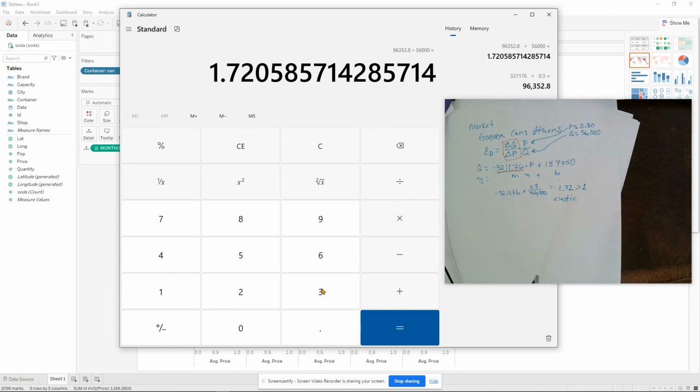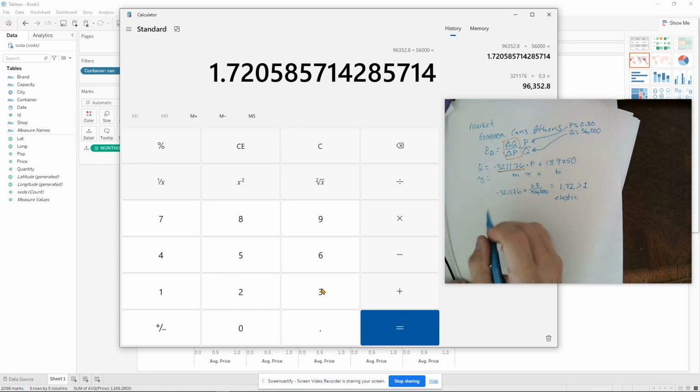Okay, so a follow-up question could be, as a manager, if you're optimizing revenue, should you increase or decrease your prices? Hopefully you know this very well. Remember, elasticity of demand is defined as the percentage change in quantity over the percentage change in price. This is greater than 1. That means the numerator is greater than the denominator. That means the quantity effect dominates the price. Remember,